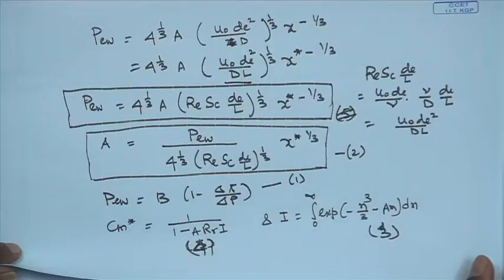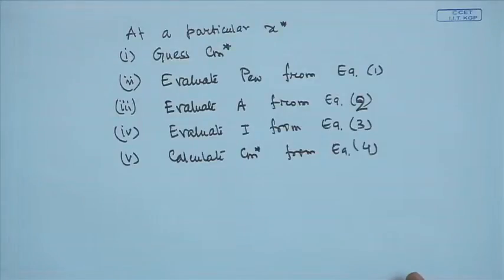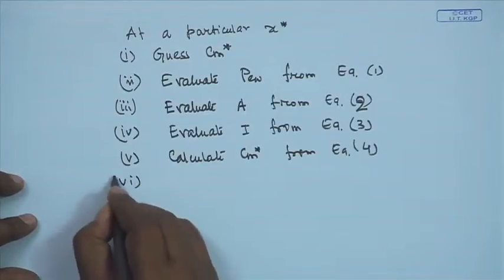If the answers of the two values differ only in the 1st or 2nd decimal place, then we can take the infinity as the value of 10. Okay. So, once we evaluate the value of I, we have already evaluated the value of A, then we can calculate Cm star from equation 4 and then we will check whether this Cm star is coming close to the guess value or not. So, 6 is check